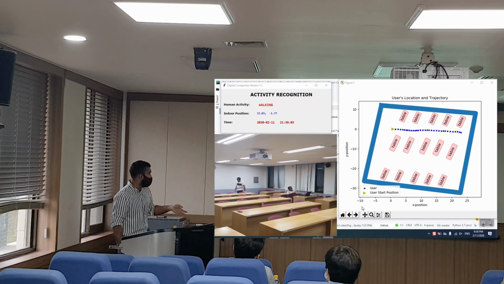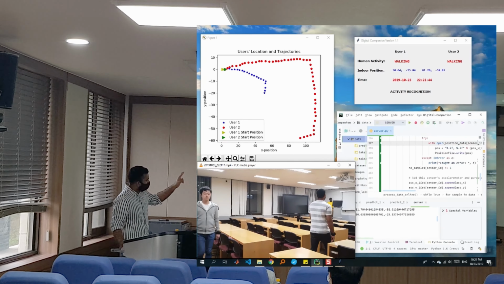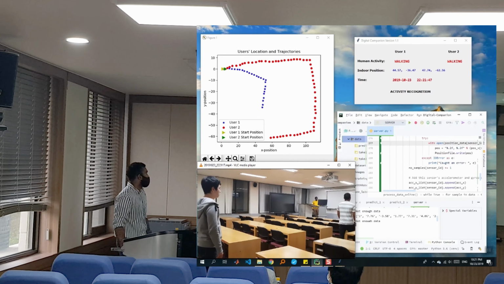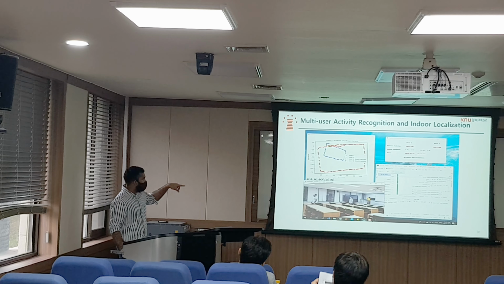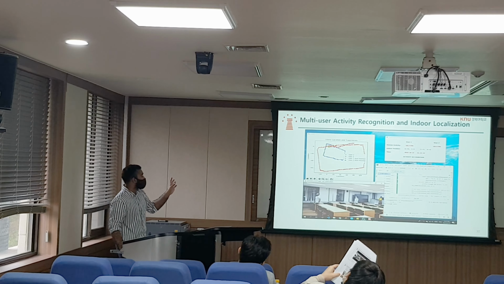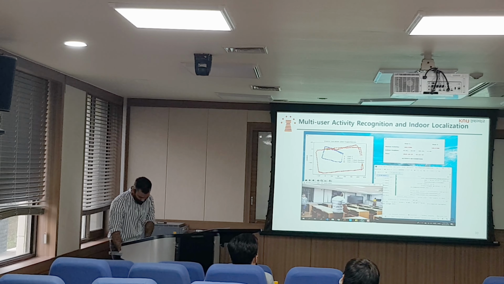Next, we also tried multi-user activities, but this system is not that accurate because our proposed system depends on user height and step length. So the result depends on each person. Their step length is different, the height is different, and the way they are walking is also very important. So we have some result, but it's very difficult to balance or compare both persons' position values. When we repeated the scenario, the trajectory matched, but after some time, due to sensor errors like accumulator error or gyroscope drift error, the performance goes down.